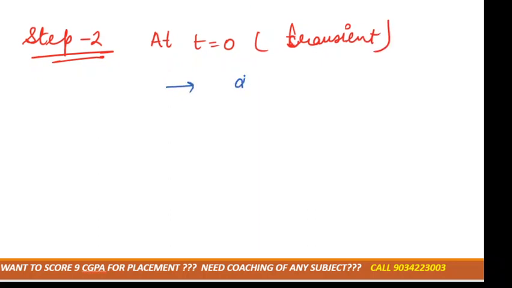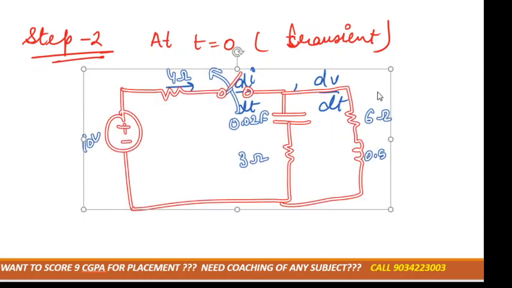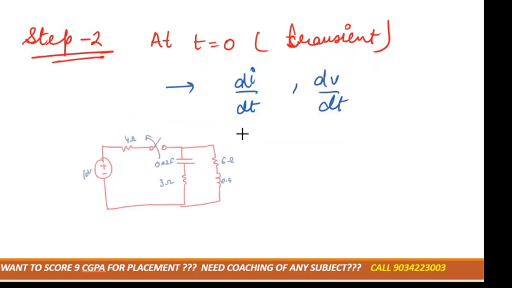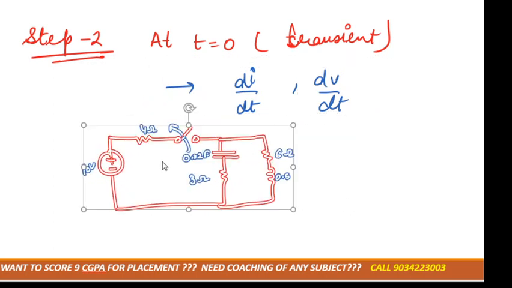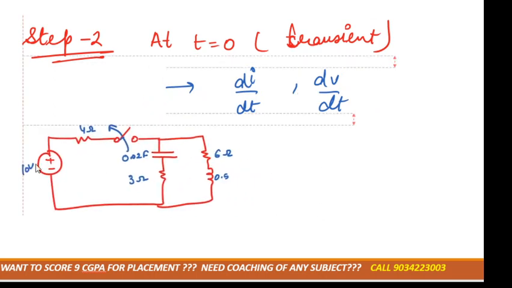For this we need to calculate di by dt, or we need to calculate dv by dt, right? Now again we need to draw the circuit. For t equal to 0, the switch is going to be open circuit. Okay,